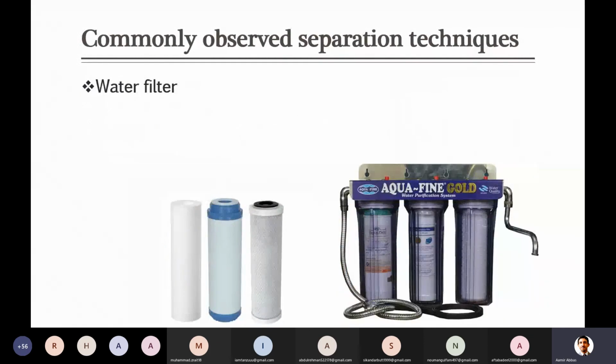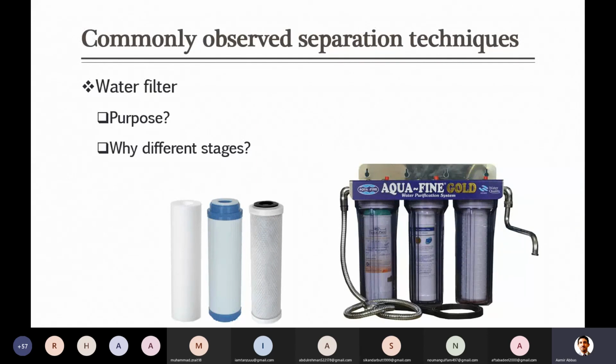The other technique, hopefully you have seen, is the water filters in your homes, or if it is not installed at someone's home, maybe in the surroundings here in the department somewhere. Did you see that sometimes there are more than one stage, and most of the time you have different stages? They are commonly three stages, or at least two stages. So why do we have different stages in these filters?